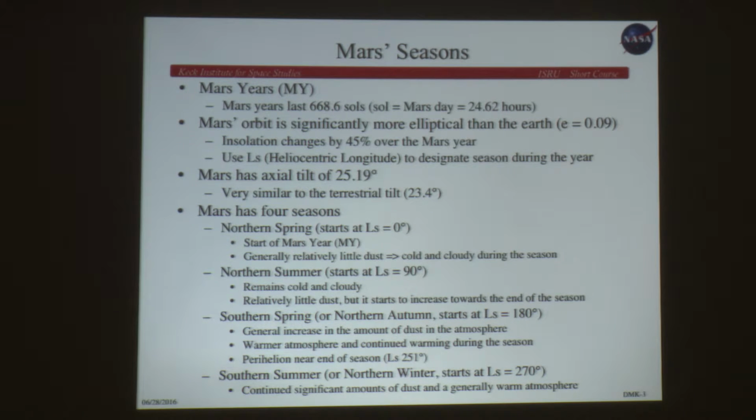This is a season which is a transition. You've got a general increase in the dust in the atmosphere. You've usually got a much warmer atmosphere as the season evolves. And perihelion, when you're closest to the sun, is towards the end of the season at L sub s 250. That's when you get your maximum insolation, and because it is a southern spring, your maximum insolation is when your sun is close to its furthest south point, or about at 25 south. Southern summer then continues on, and it continues to be significantly dusty and generally warm atmosphere, although towards the end of the season it starts to cool off as you're transitioning back to your northern spring.